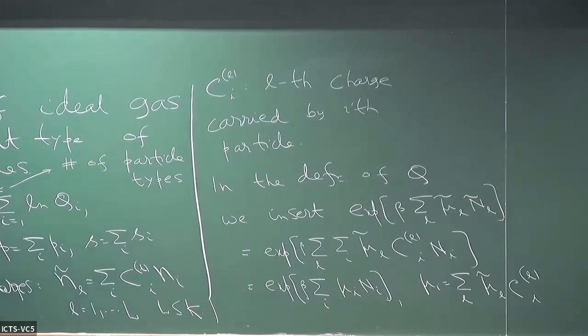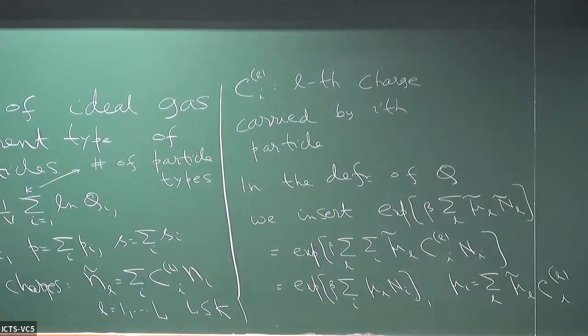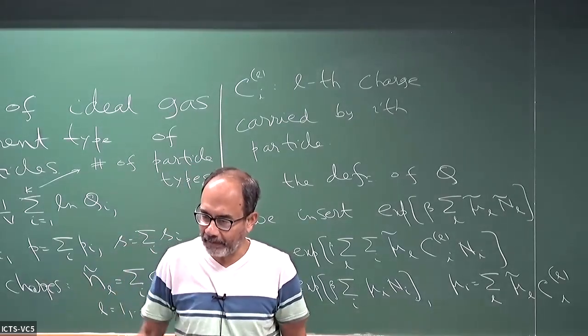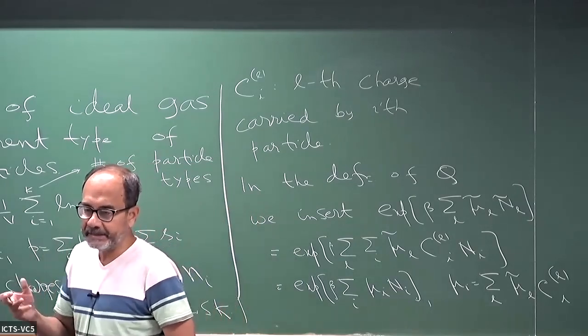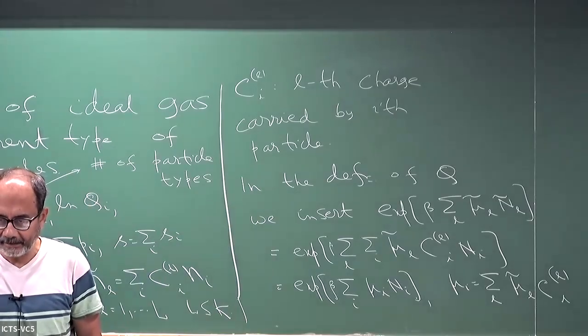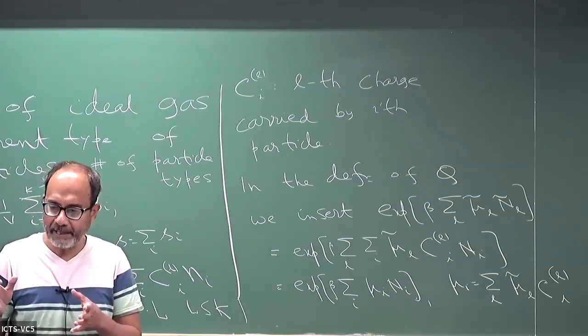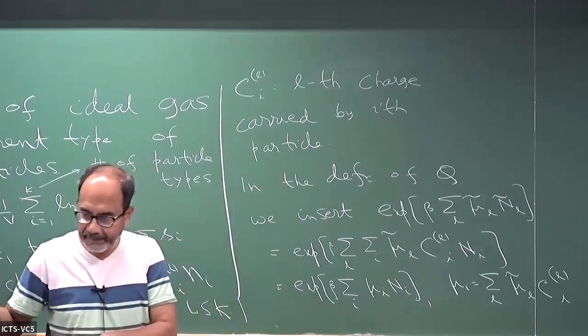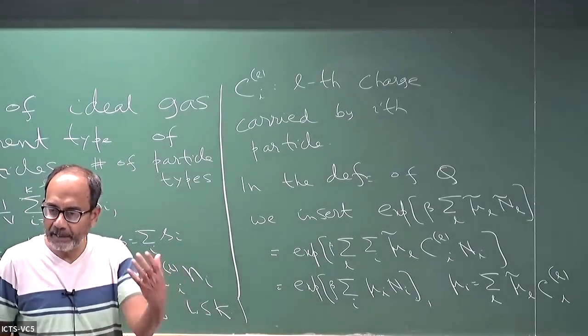Suppose for some n I's, mu I comes out to be 0, and for some n I's, mu I comes out to be non-zero. What does that mean for the n I? Well, we'll see. We have to convert the mu's to mu tilde L. Because as you saw, whatever formalism you use, grand canonical or canonical, for every particle species there are two independent variables to begin with. You can take them to be mu and T, or n and rho, whatever you want. And then the thermodynamics, the various relations, allows you to express everything in terms of the others. So if we have mu I equal to 0, it will translate to something on n I,